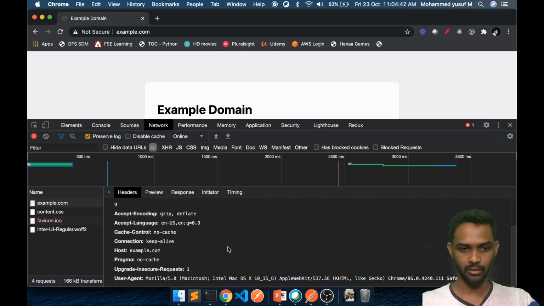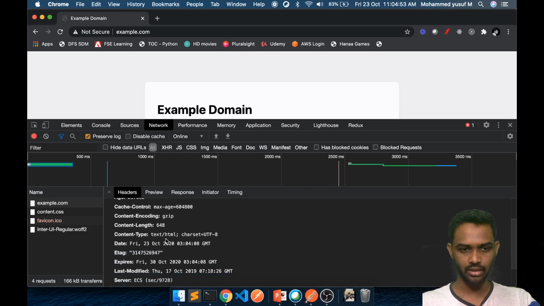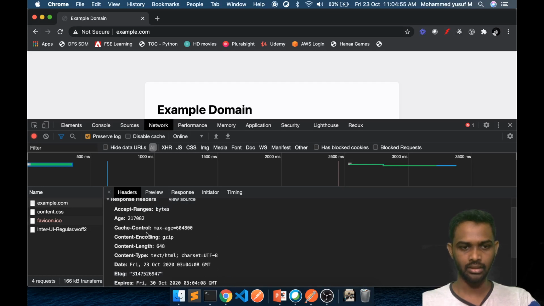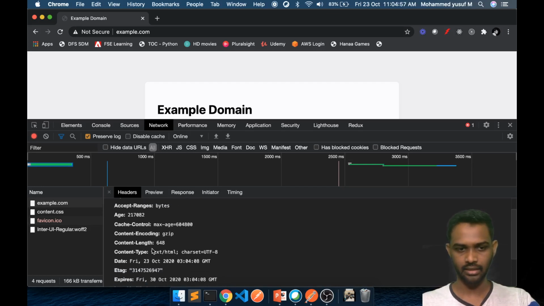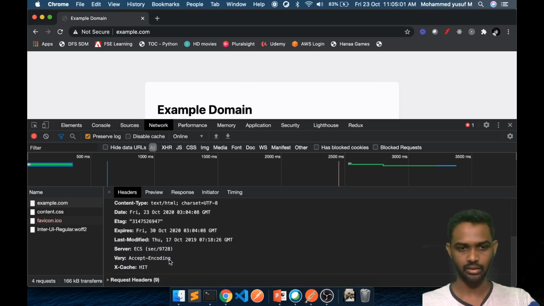If you come down, you will see the user agent, like what version of Mac and Chrome we are using. If you go to response headers, you will see content type, content length. It's an HTML content type, and what the server is and so on.